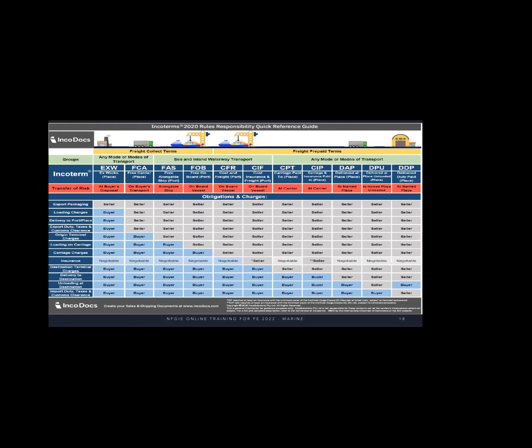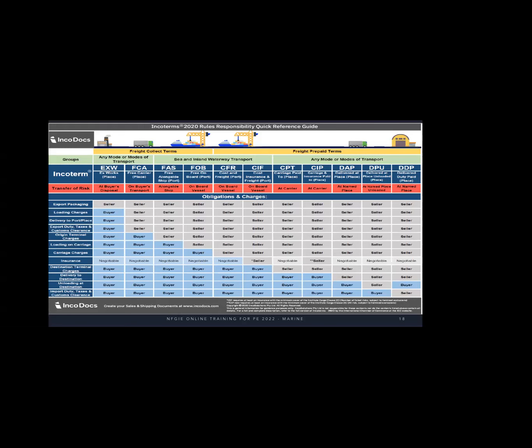So once you are familiar with what the Incoterms names are and what their full form is, next we have to learn when the Incoterm transfer of risk is happening. You will notice that EX Works, I am talking about the 4th column in red. In EX Works, the transfer of risk is happening at the buyer's disposal. It is very convenient for us to learn because it is just below the insured factor.